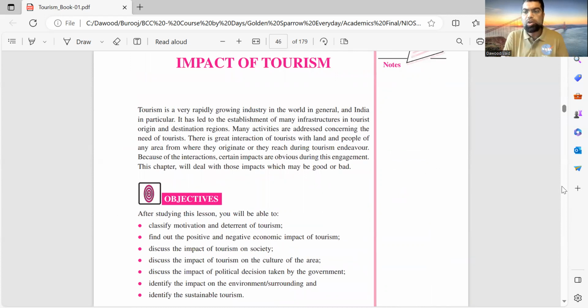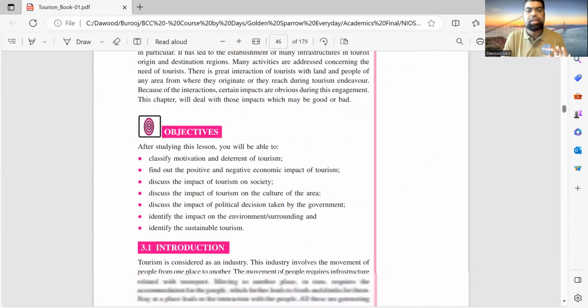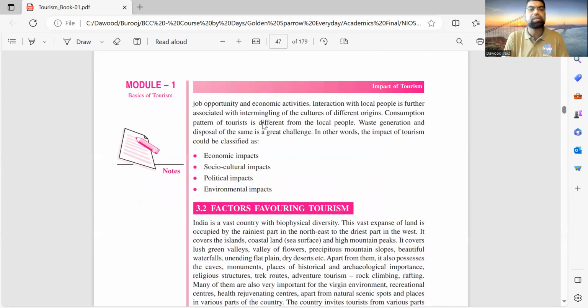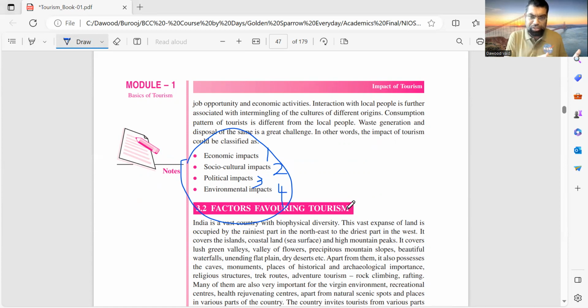Now, as I said, one of the core themes of this chapter is impact on 4 different areas. If you do these 4 areas, that's all you need to learn. So write the word impact and say number 1, economic impact, number 2, socio-cultural impact, number 3, political impact, and number 4, environmental impact. Trust me, this will be an easy chapter. Why? The reason being, you are able to look at this concept very, very simply. You are looking at 4 different impact questions and 4 pointers.